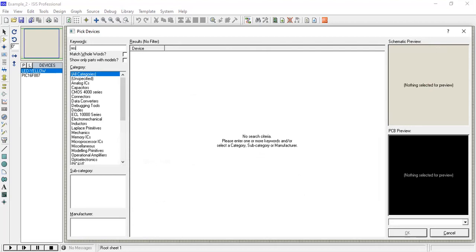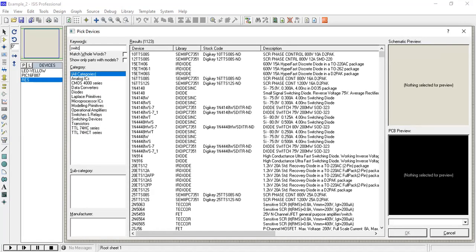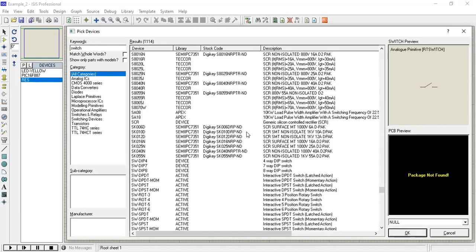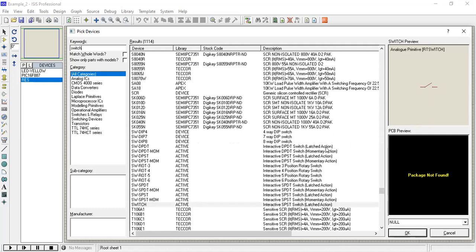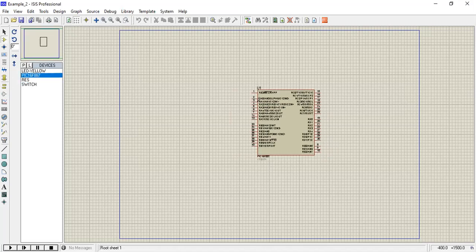Then I need a resistor as well. Then we need a switch. I will use this switch. So this will be my setup, right? First this, and